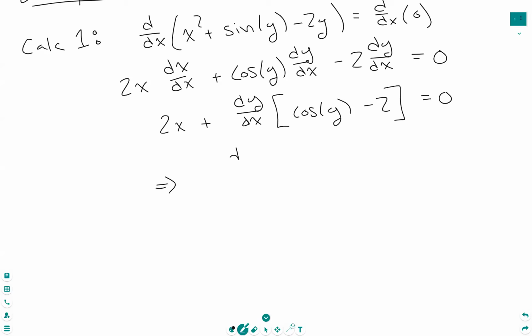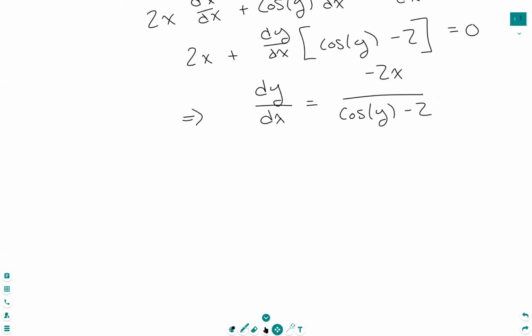So we can write that dy/dx is equal to, we move this term over, so we get a minus 2x, and then we divide by a cosine of y minus 2. Okay, so wasn't so bad, right? These functions are actually pretty nice, but this is how we would do it the Calc 1 way, using implicit differentiation. Well, the Calc 3 way,